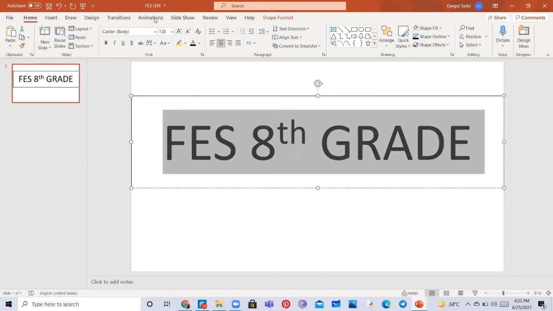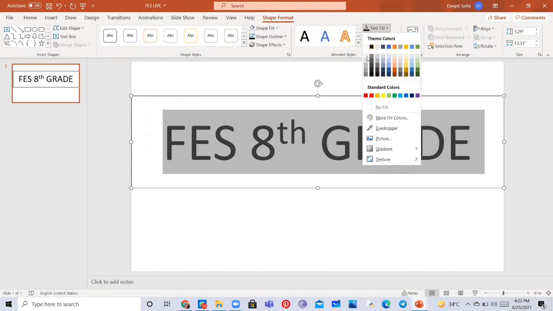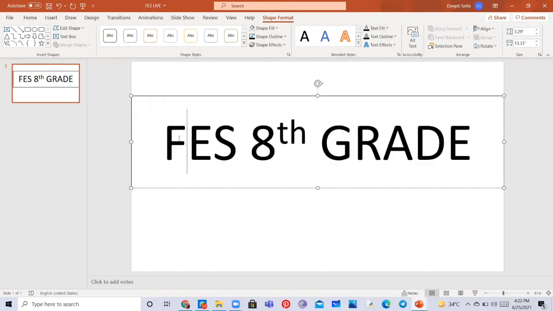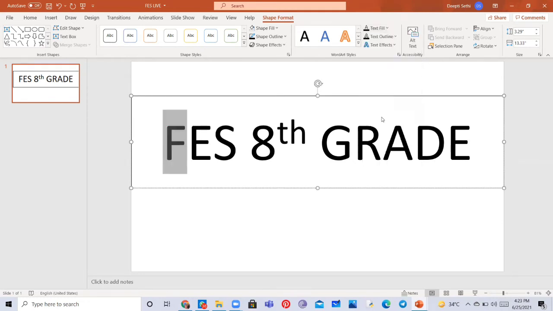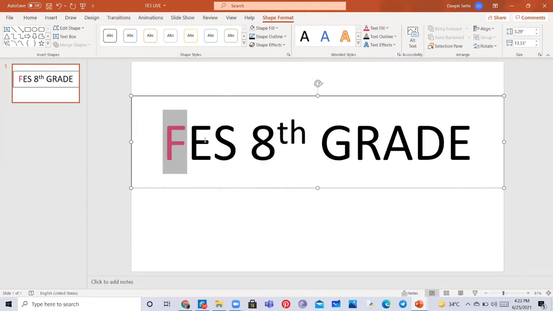So we are going to go to shape format, and with the text fill, I'm going to customize the colors. It's up to you whether you want to customize or not, but today we are going ahead with customizing it fully. So we are going to choose a few colors for each different letter.